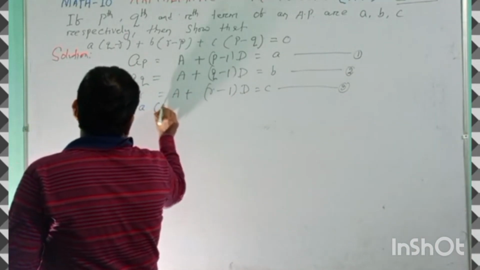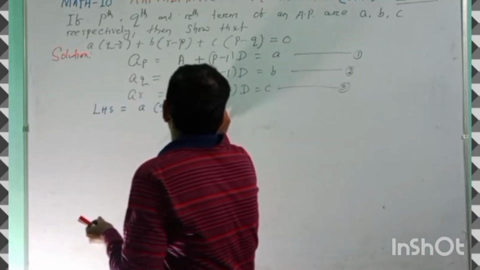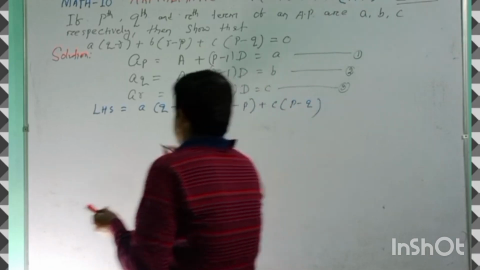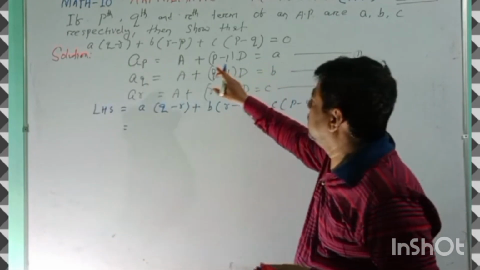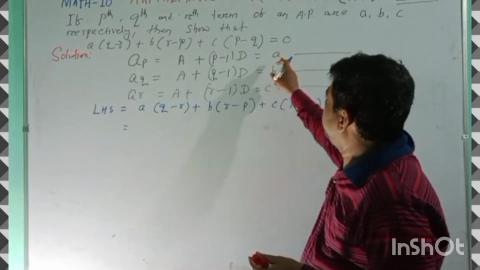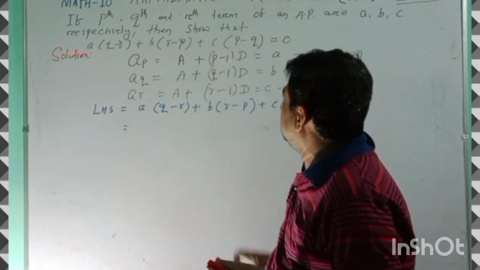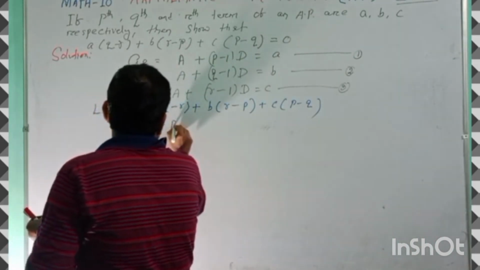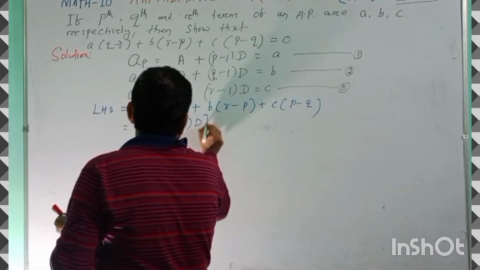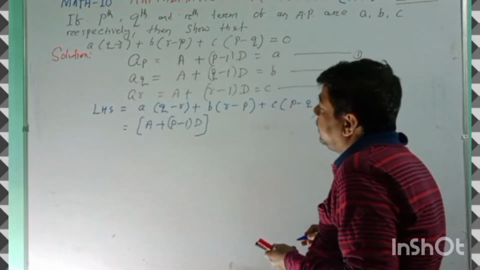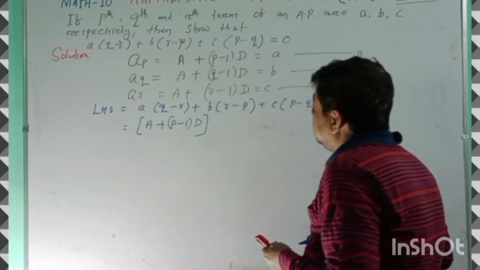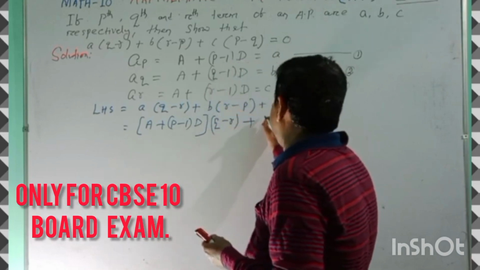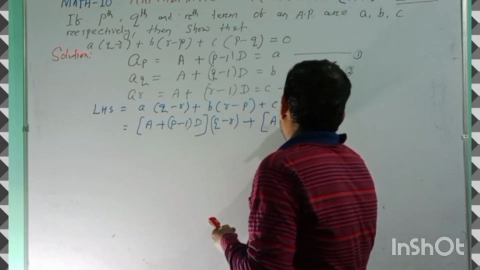Write out a into (q minus r) plus b into (r minus p) plus c into (p minus q). Right. So here, students, just see: A plus (p minus 1) into d is equal to a. Now you can replace the value. In place of a you can write A plus (p minus 1) into d, into (q minus r). Once again see, plus in place of b we can write A plus (q minus 1)